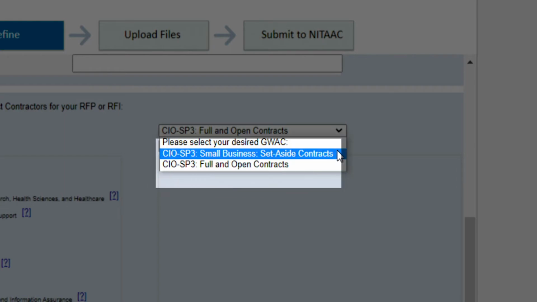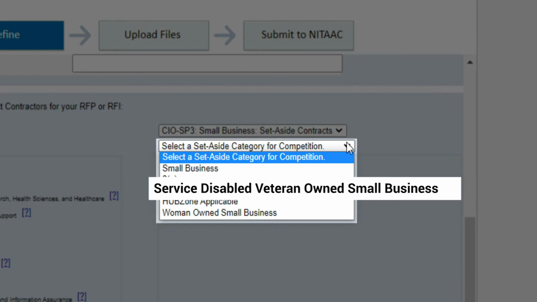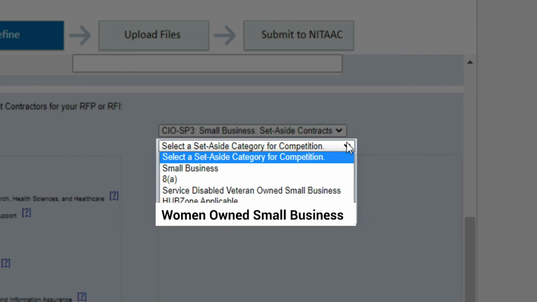If you choose CIO SP3 Small Business Set Aside filters, select one of the following: Small Business or SB, 8A, Service Disabled Veteran Owned Small Business or SDVOSB, Historically Underutilized Business Zone or HUBZone, and finally, Women Owned Small Business or WOSB.